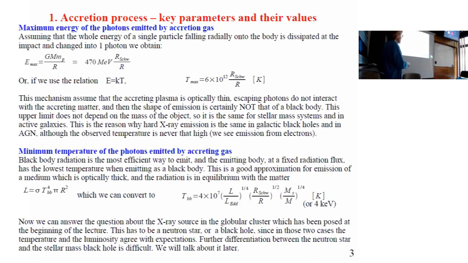On the other hand, if we think about AGN, of course, we don't have a surface, but you will see that the scaling is not that bad, even in the case of a black hole. But the problem appears that here you have the ratio of the mass to the solar mass in the power 1/4, right? So if you have mass 10 to 8, then this factor will give you a factor 100 in the denominator. So then the black body temperature will drop from 10 to 7 or emission in X-rays to 10 to 5